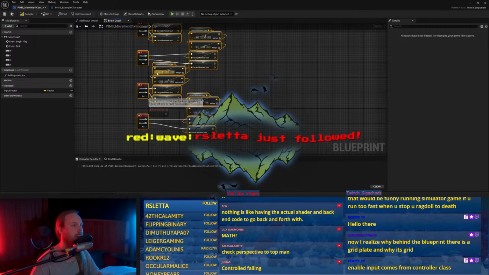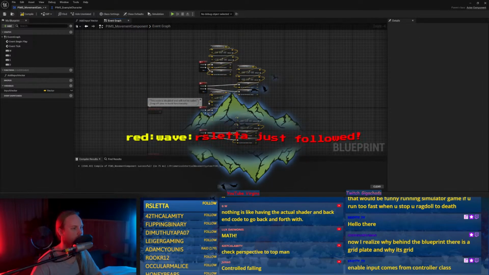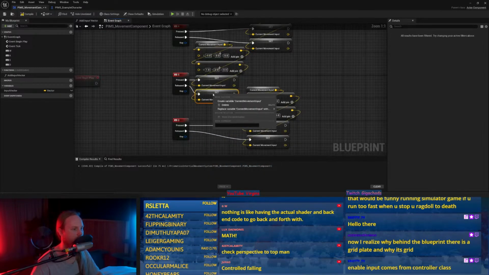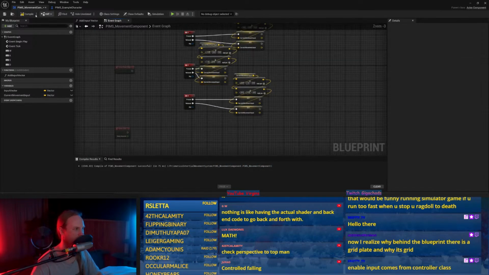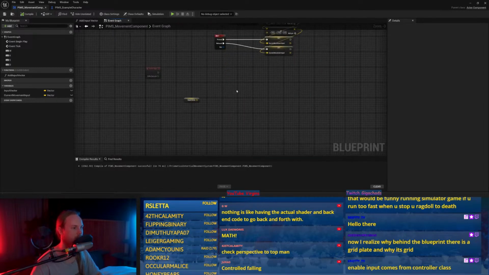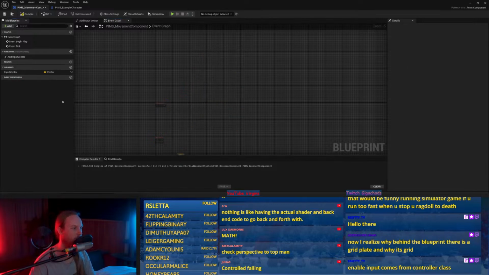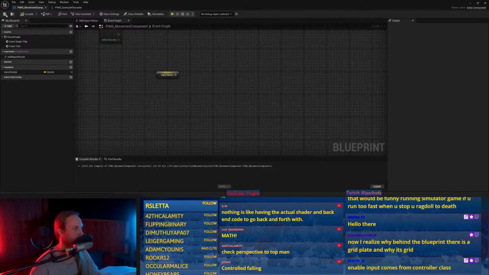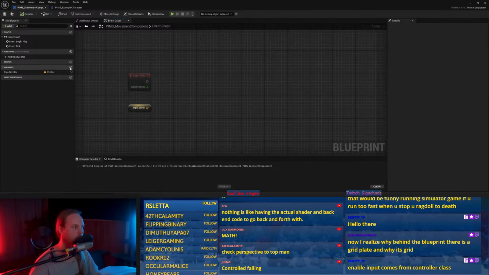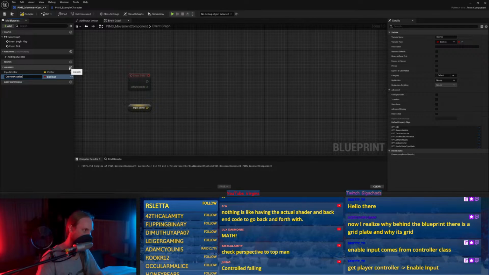If a character has input enabled, then the components receive the input, don't they? That still doesn't matter, because it'll be one frame behind worst case scenario, so who cares? Alright, variable: current acceleration.